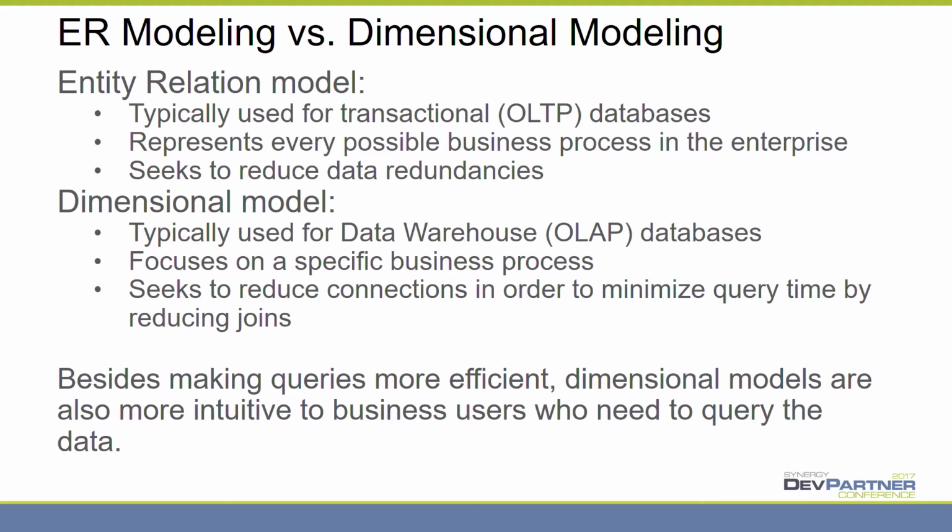In a data warehouse, we're focusing on just one specific process. So while you might have just one big entity relationship model in the transactional database, in the dimensional model, I'm going to have multiple models, one for each business process. And in this case, I don't care about the data redundancy, so I don't care about having a generalized person table. What I want is to minimize joins, so if my dimensional model is connecting to a doctor table, I